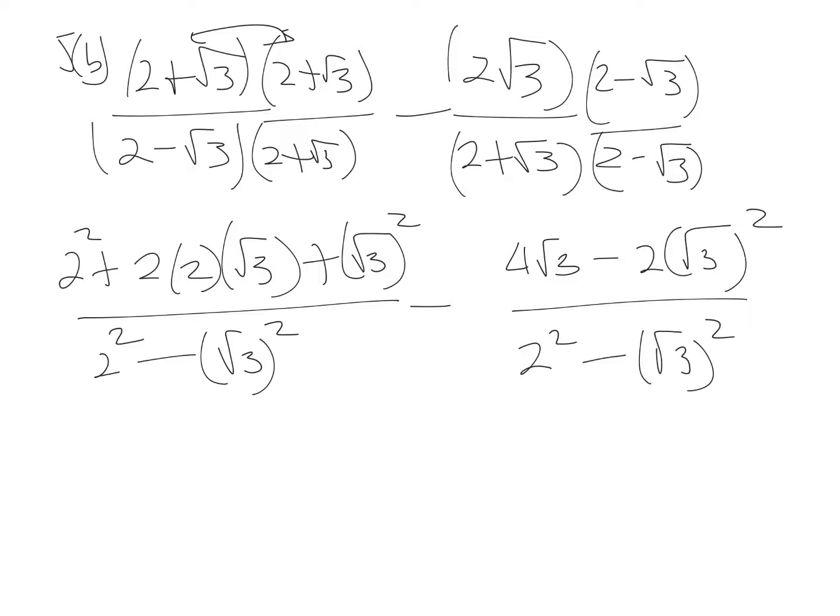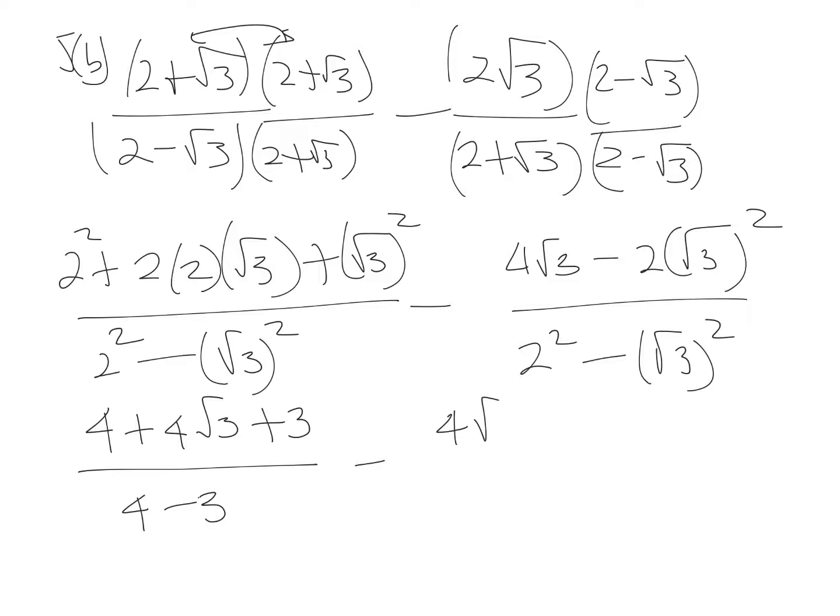We can simplify those. Over here the numerator would be 4, 2 2s of 4, so plus 4 root 3. And then root 3 squared is just 3, plus 3, over 2 2s of 4, take away 3, because root 3 squared is 3. Minus